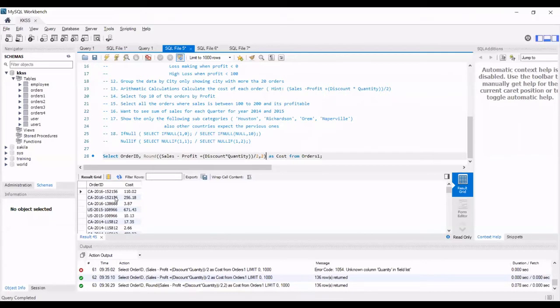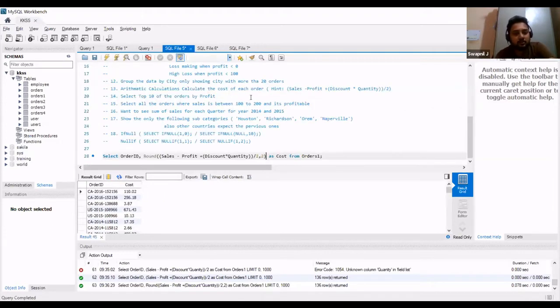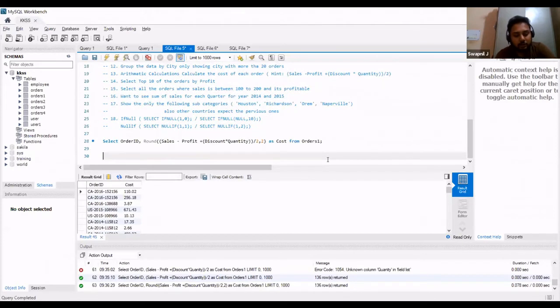Then I think you can use limit 10 rows, after arranging it in descending order. That's the function in SQL. In MySQL it's limit; in other workbenches it's top. So if I write top 10 in front, it will limit it, but in MySQL you have to put a limit. So what I'm doing is displaying order ID and profit from the orders table, ordering by profit in descending order. First it arranges my highest profit at the top, and then limits to the top 10.